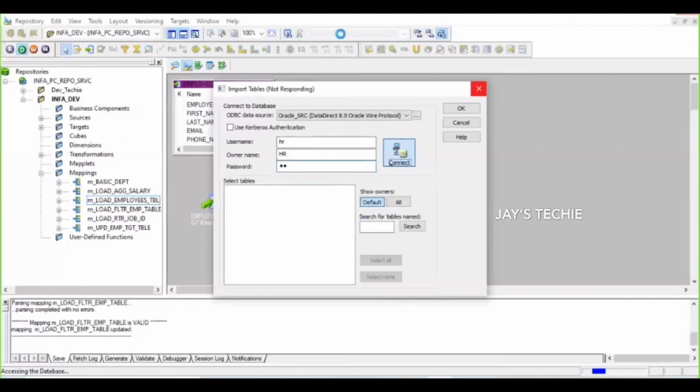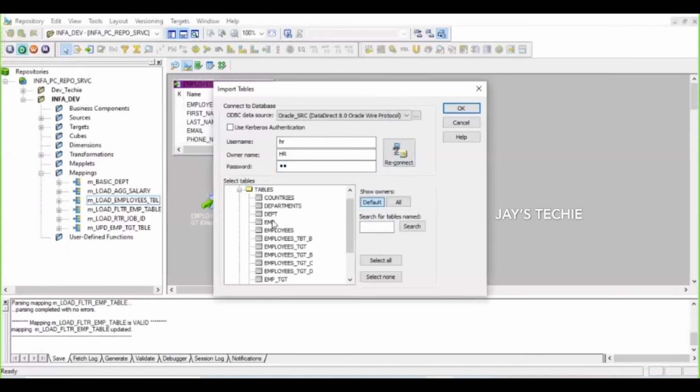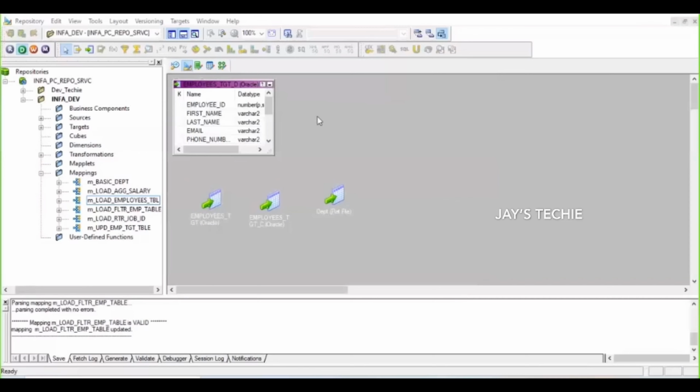Let me go to tables, click on tables and the employee TGT. I'm just importing this table, employee TGT, click OK. Now the employee target table is imported into the target database, so you can see the table over here. Save it with Ctrl S, and then go to the mapping designer.